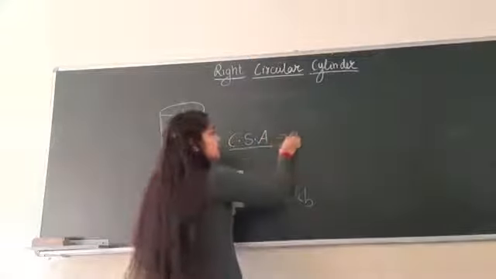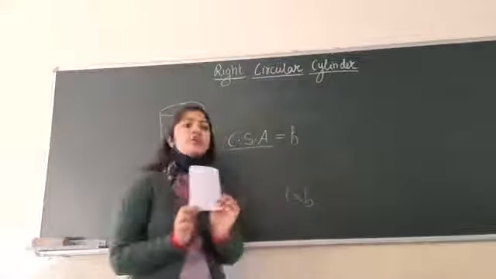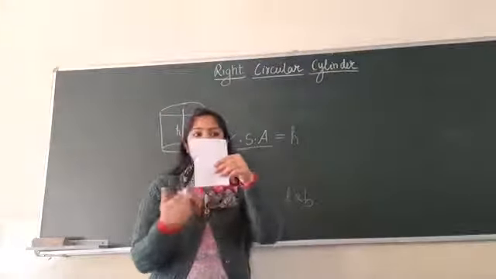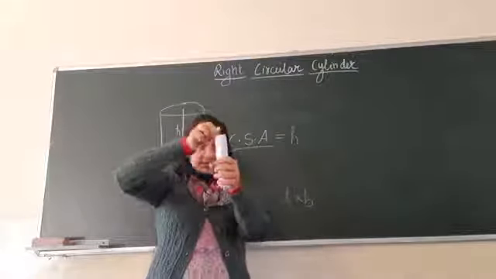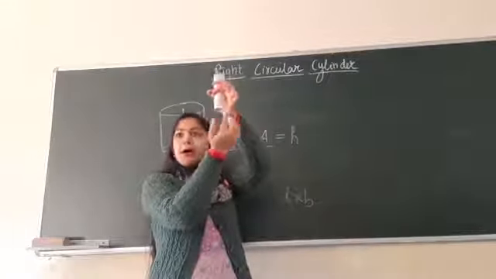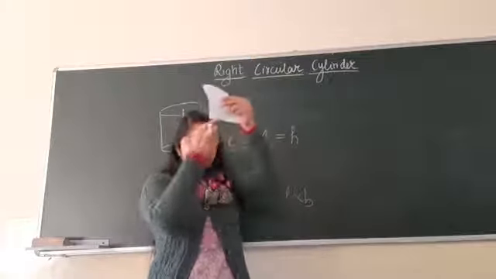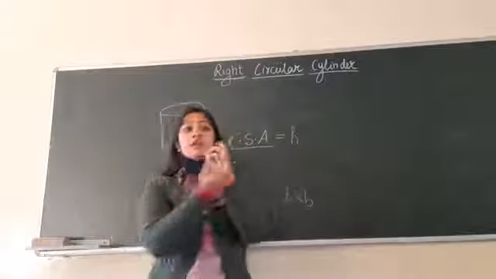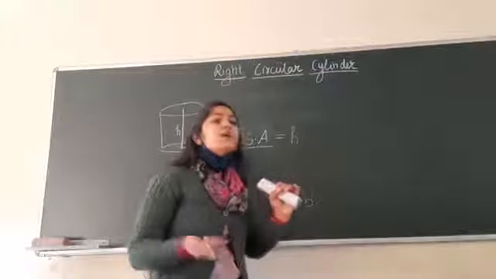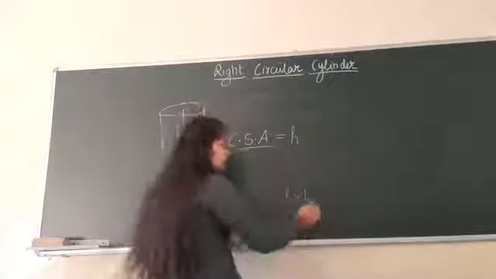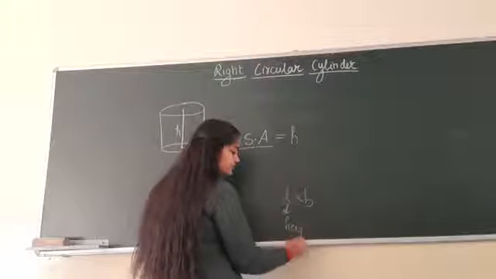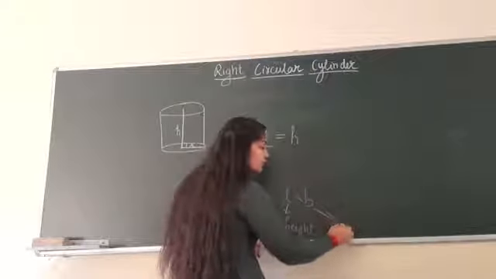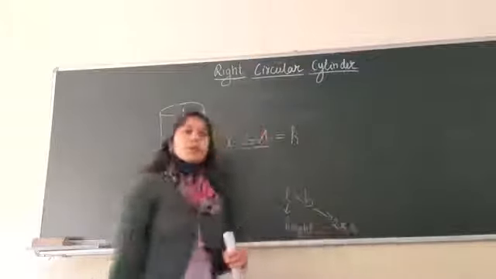So in the curved surface area, first of all will come H, which is the height of the cylinder. And after that, this width, what is it? When you make it into a cylinder, this is the boundary of your circle. What is your breadth? It is the boundary of your circle, right? Is it clear to all? And the boundary of your circle is the circumference, right? Very good. So this length is your height and this breadth is your circumference, and we know circumference is 2 pi r, right?